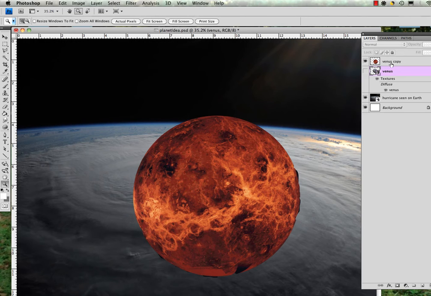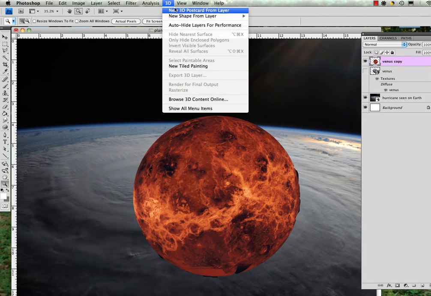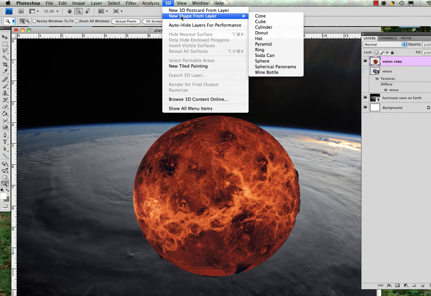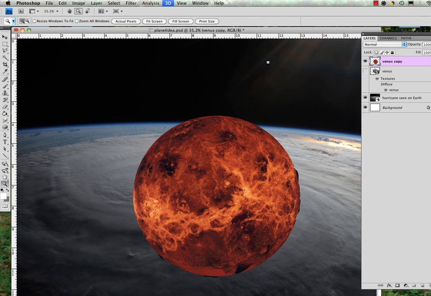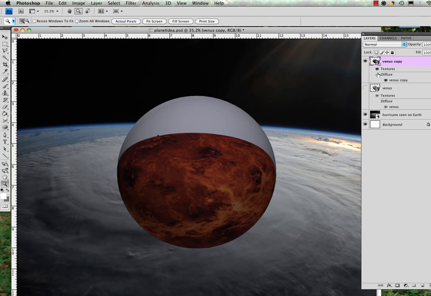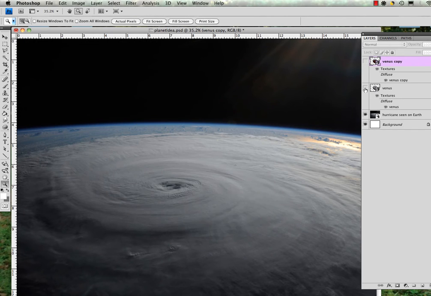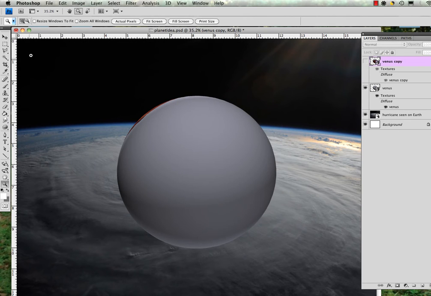And all you got to do is select the actual layer, go to 3D, new shape from layer, and you can choose to make it any particular kind of 3D object. I'm going to use a sphere for the purposes of this project. Now what that'll do is create something similar to this, which I've actually started working on in another window. So we're going to turn it on,